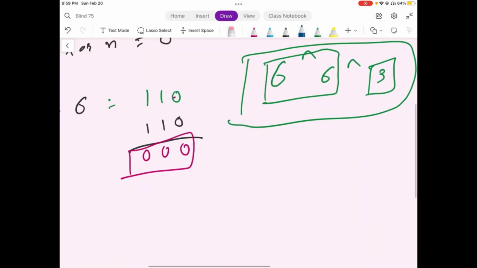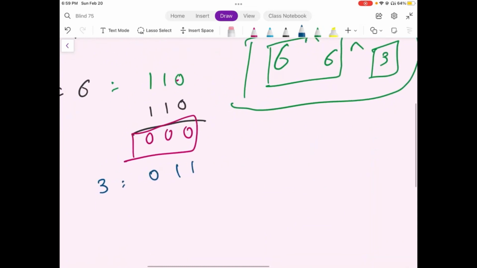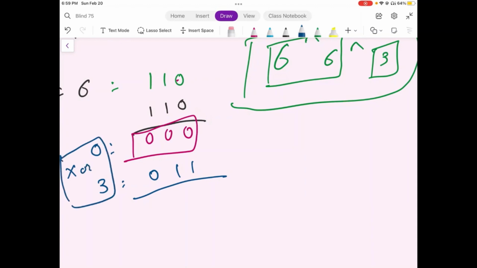The binary representation for 3 is equal to 0 1 1. And now when we try to XOR these two values, 0 and 3, the answer we would get is 0 1 1, which again means 3,